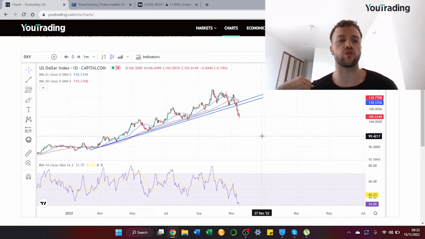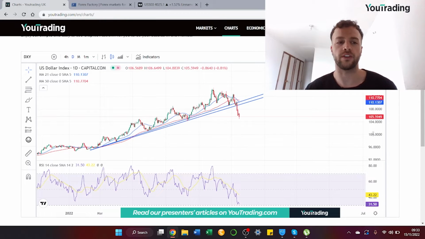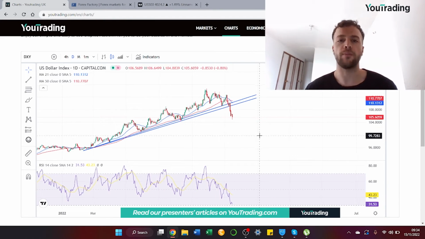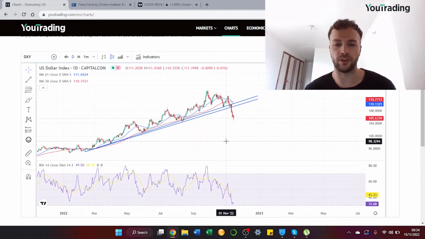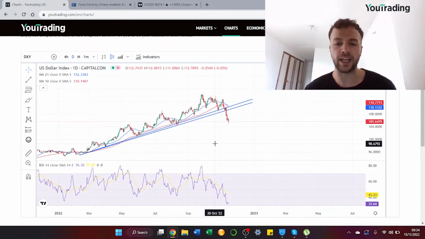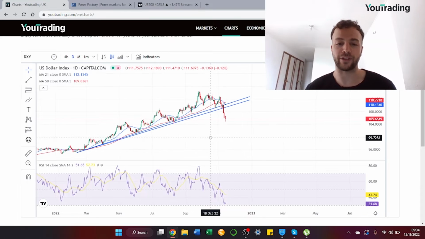The dollar index being a trade-weighted basket of major dollar pairs. So actually it's mostly euro dollar. It's about 50% euro dollar that determines how the dollar index moves. But there's also a decent size weighting for cable, which is sterling against the US dollar, dollar yen, the dollar against the Chinese yuan as well. All of these are actually quite important as well for the DXY. But anyway, let's talk about the trade idea that I've been having.